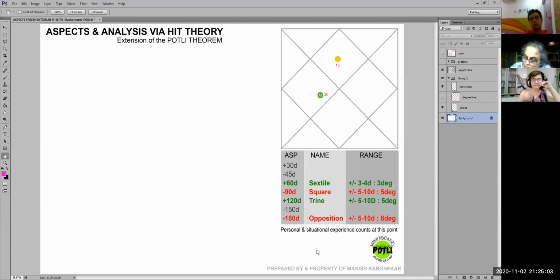First play it safe. Then in case it doesn't work, you can keep expanding if the authentication is there. For 120 degrees and 90 degrees, I keep within 5 degrees plus or minus. And for the 60 degree, I keep within 3 degrees. Are you understanding? This chart is there with you. You don't need to write it, I've sent it on the book. Are we clear on this? Can I go to the next thing?